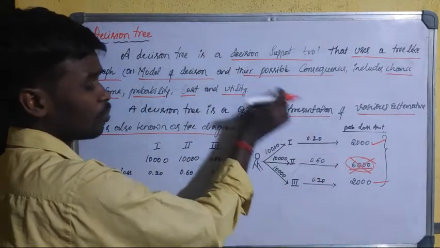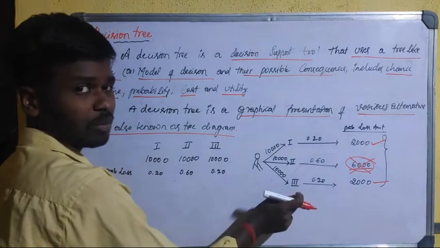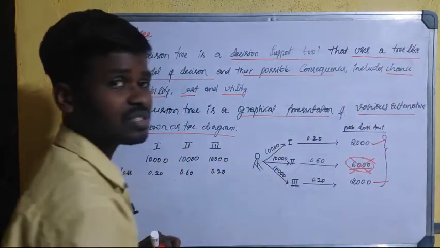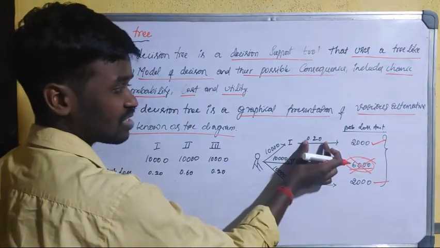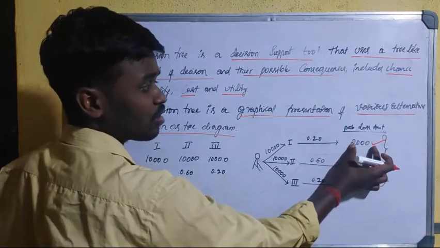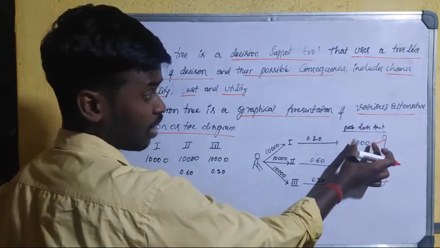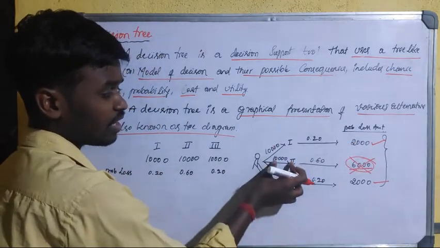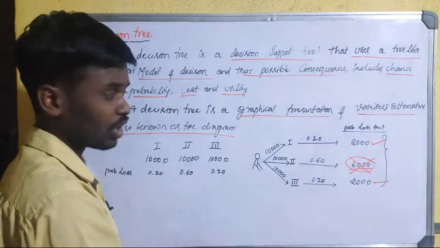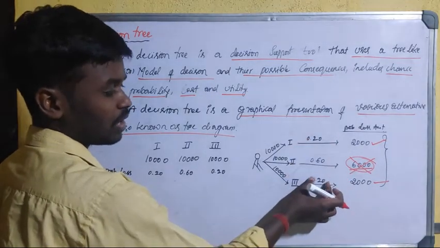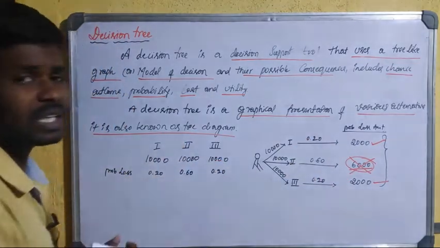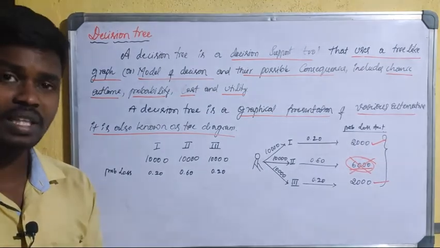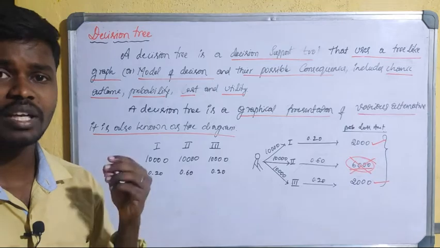Completely, this decision tree is based on the consequences, that is the various chances of occurrence, the chances of outcomes in the form of the probability of loss amount, and various events or alternatives, and various probabilities. So completely the decision making is helpful to the business organization to take the necessary actions very quickly.